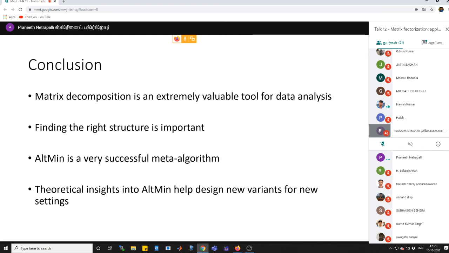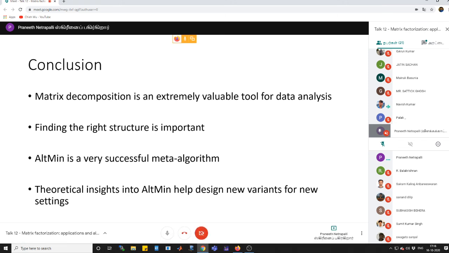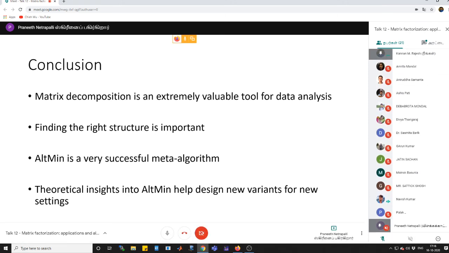I have a question. While comparing two methods, let's say alternating minimization and convex relaxation, our main concern was just to compare the runtimes, right? Not anything else. Correct. In terms of theoretical results, in terms of sample complexity, both of them are comparable. Both of them pretty much get the same kind of statistical guarantees. So in terms of theory, all we are comparing here is that these are much more efficient.